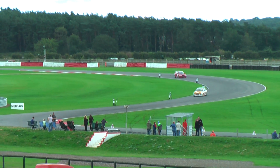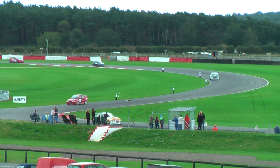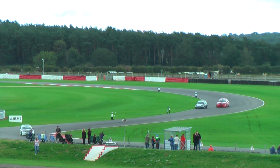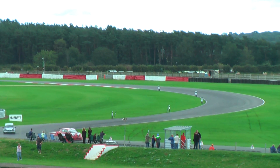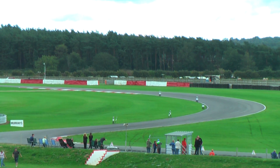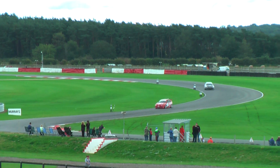the Subaru, though Froggatt is being caught by Ian Roberts. So Ian Froggatt in the Subaru should hold on. He exits Murray's now at the back of the field, and over the line to win Class E is Nick Booth. But yes, Ian Froggatt does hold on for 6th position. Super drive though from Ian Roberts and Brooks, therefore being in a position to challenge on the line, but Brooks